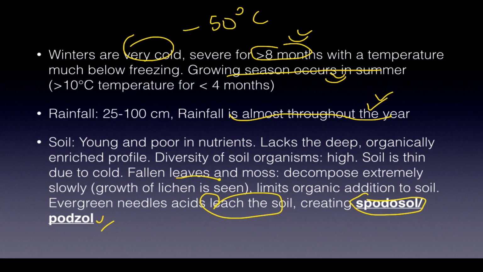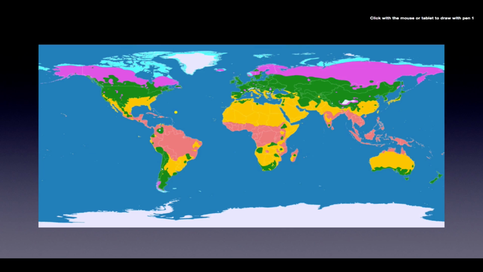Finally, since the fallen leaves and moss decompose at an extremely slow pace, the organic addition to the soil will not happen. Obviously, very logical. Diversity of soil organisms is relatively very high. Soil is thin because of the cold, and it is rather young, so it is poor in nutrients and not very deep. So this pink region which is continuous, this is Alaska, this is southern Canada, this is Norway,